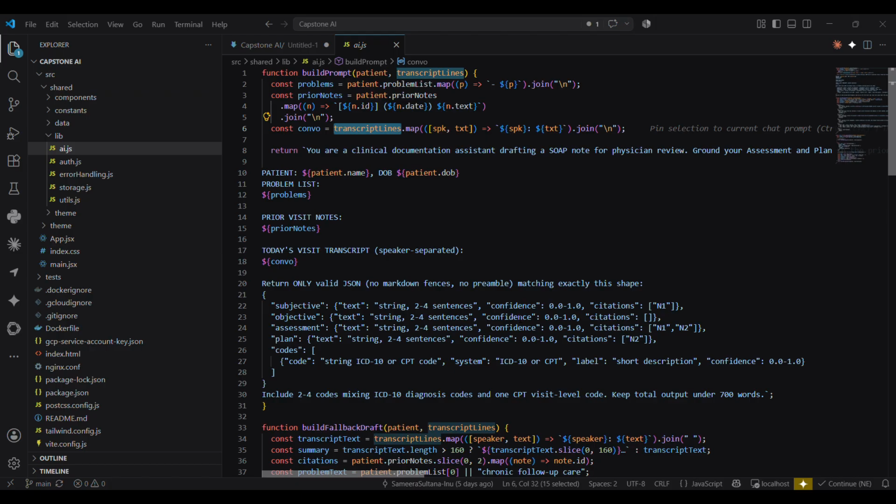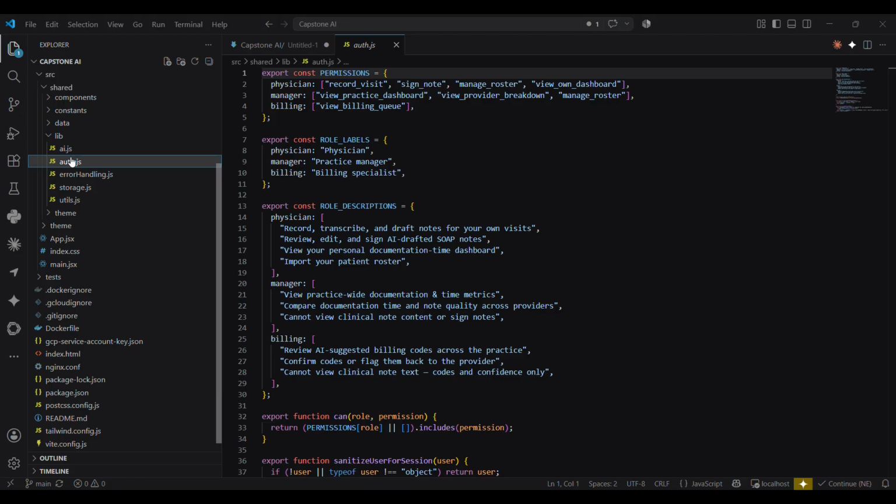So I'm not going to give a line-by-line explanation of the code, I'm just giving an overview. Once we go into the live demo application, then you will start understanding how it works and where all these files are used. This also deals with calling the APIs, parses the JSON response, and falls back to local if needed,